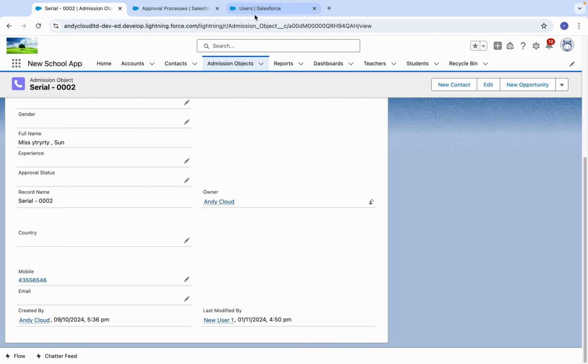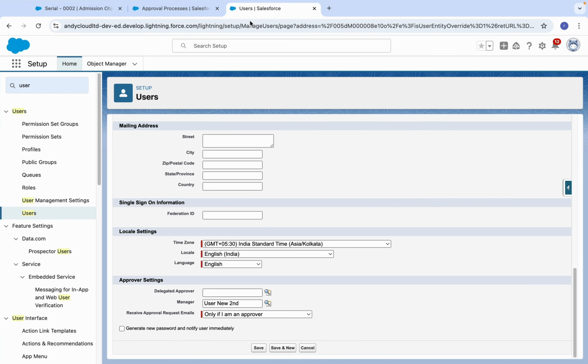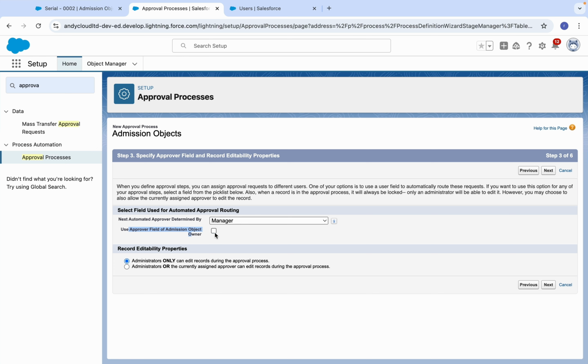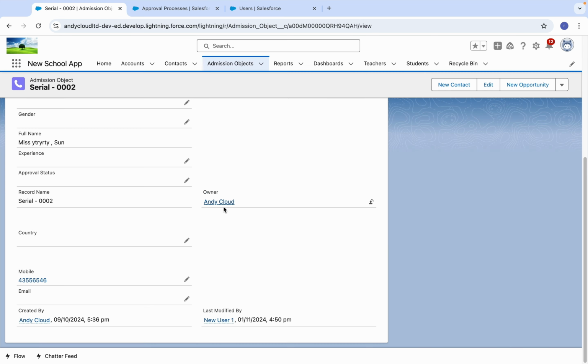If I do not tick here, then the request will go to the manager of whoever submits the record. If I tick here, then whoever is the owner of the record, irrespective of who submits the record, if the owner is Andy, then it will go for approval to Andy's manager only.